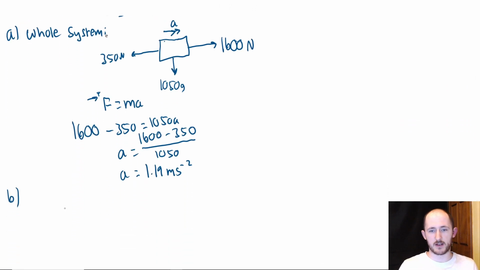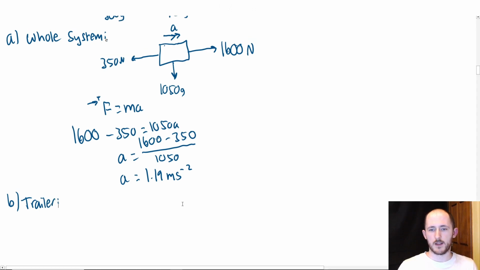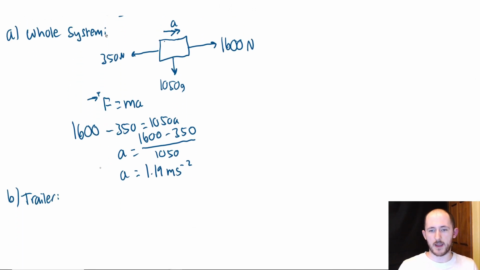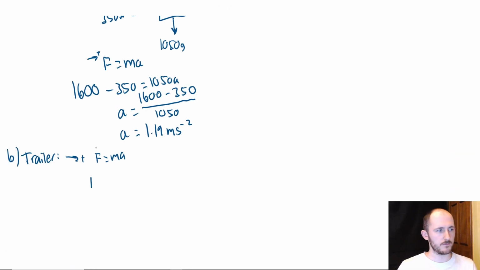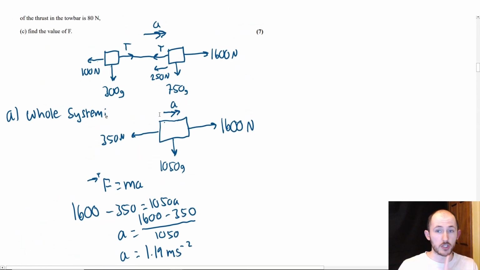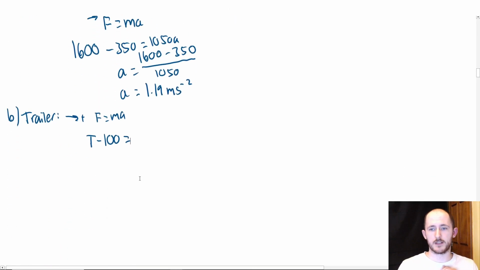So if I resolve specifically for the trailer, then I'm going to use F equals ma, and again I'm taking to the right as positive. I have tension minus 100 is equal to the mass just of the trailer, 300,